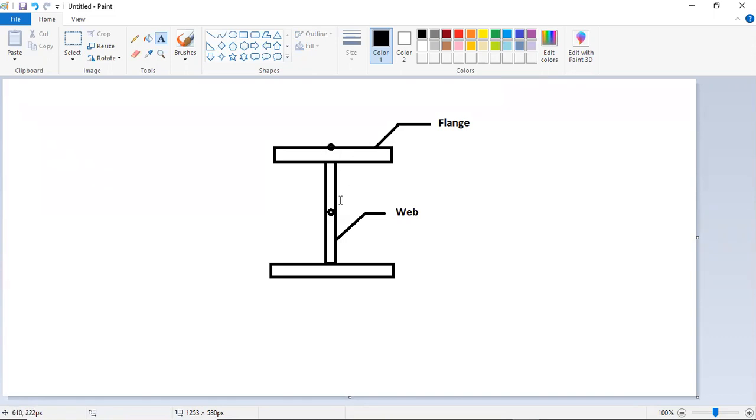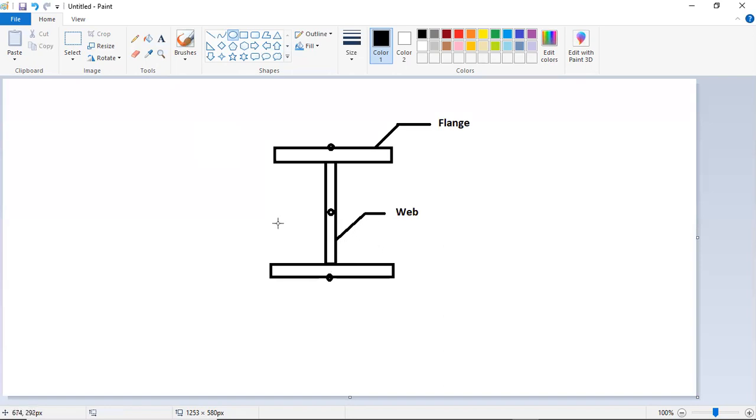It can come on the top flange or bottom flange. It will depend upon the position kept by the user. So the user decides whether it has to be here or here. It also depends on the design drawings, right?